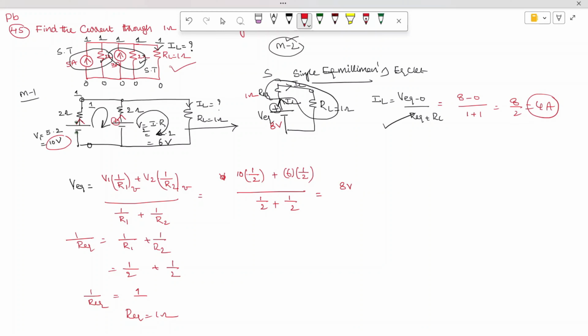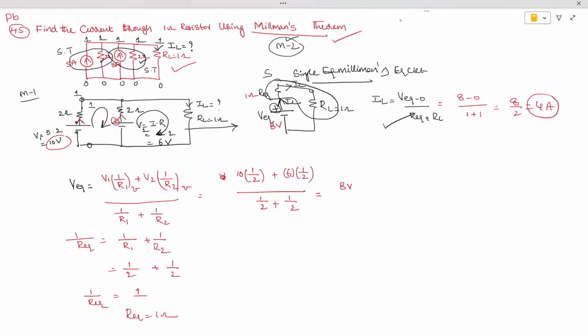RL is equal to 1 ohm by using Millman's theorem. Same. Let's try to verify. Why don't we do it by the regular method? Sometimes we'll get this answer in the exam, and you get confused whether my answer is correct or not. Now let's try to verify the same by using our